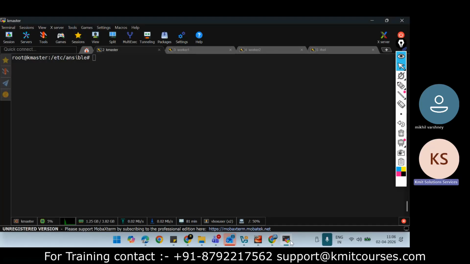Now, everything you need to execute on the master node, because the master node is where you are having command execution. Ansible tasks you can run in two ways.